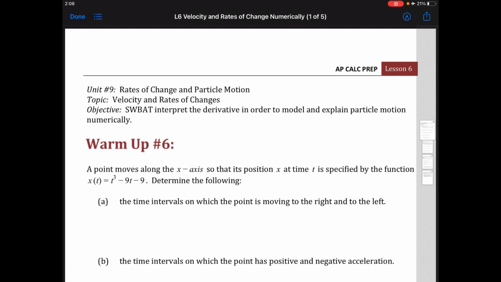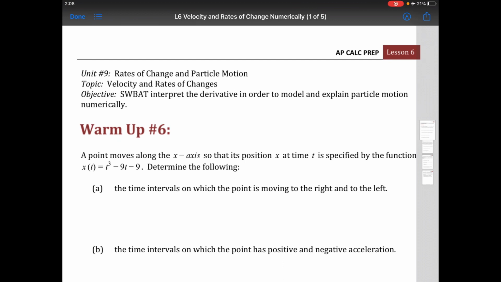A point moves along the x-axis so that its position x at time t is specified by the function x of t equals t cubed minus 9t minus 9. Determine the following. Part A says the time intervals on which the point is moving to the right and